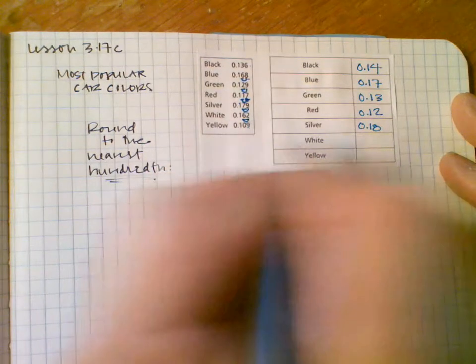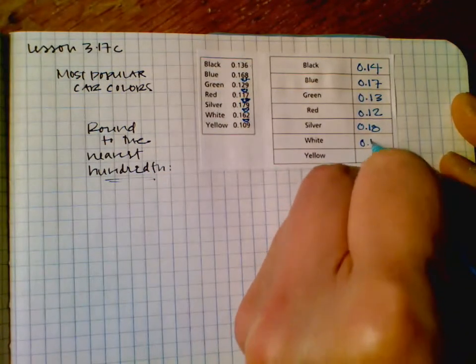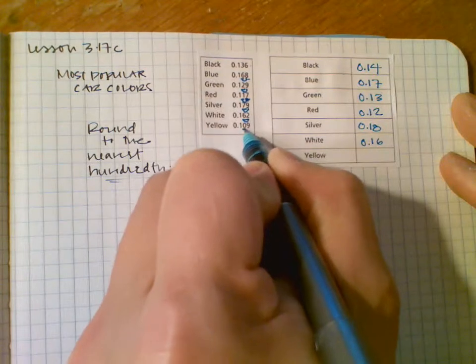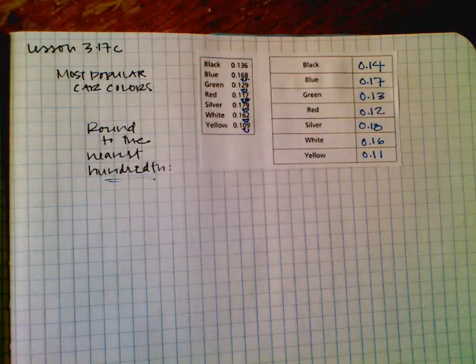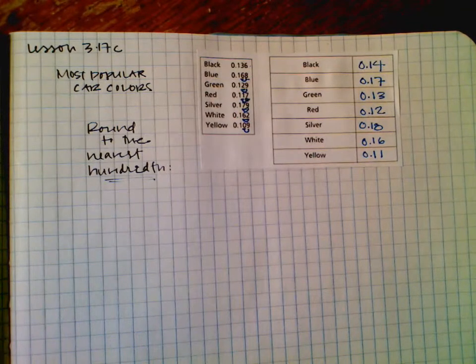White, look at the neighbor. 2 is going to go down, so it's going to be 0.16. And yellow, look at the neighbor. It's going to go up to 0.11. So hopefully, boys and girls, you got that part done. So my question for you is,